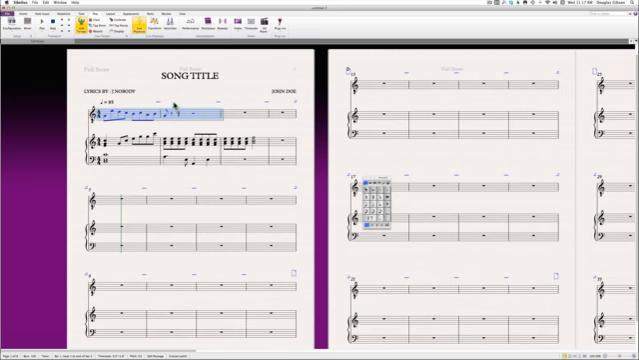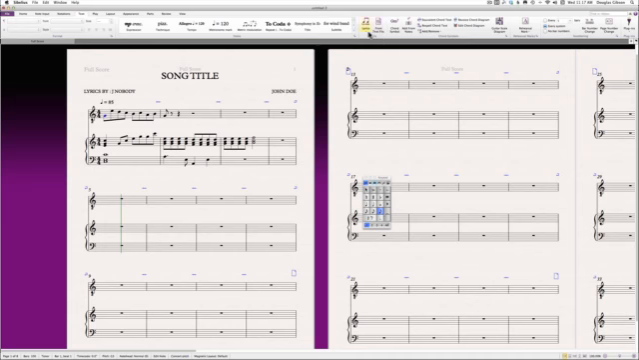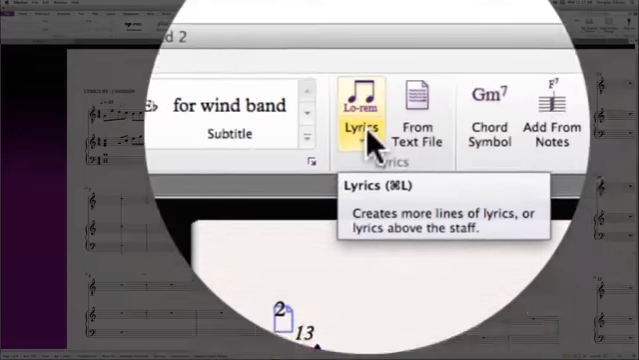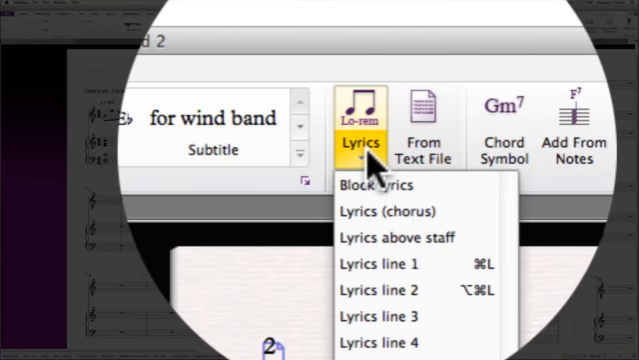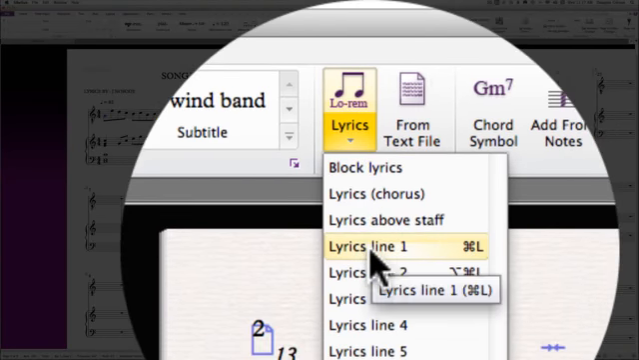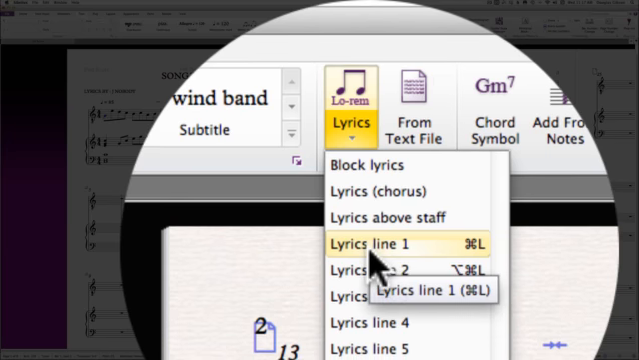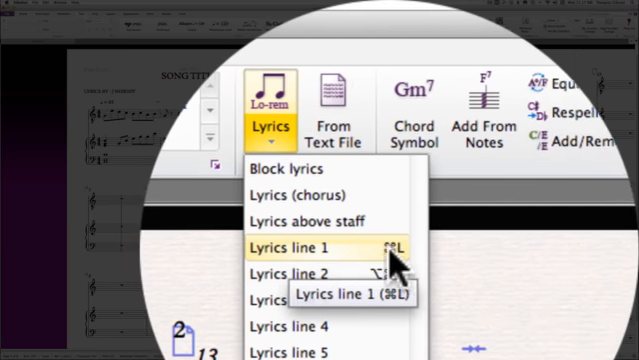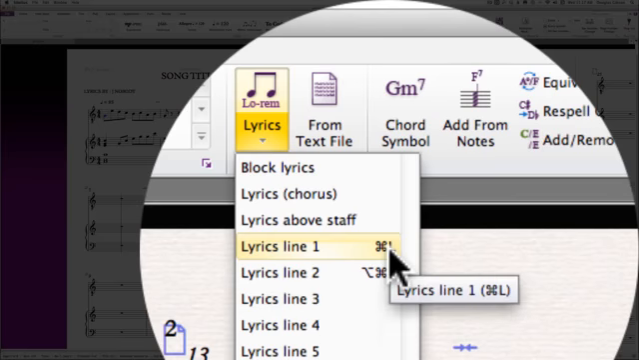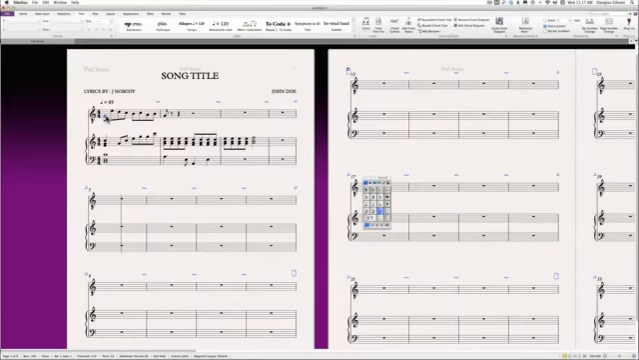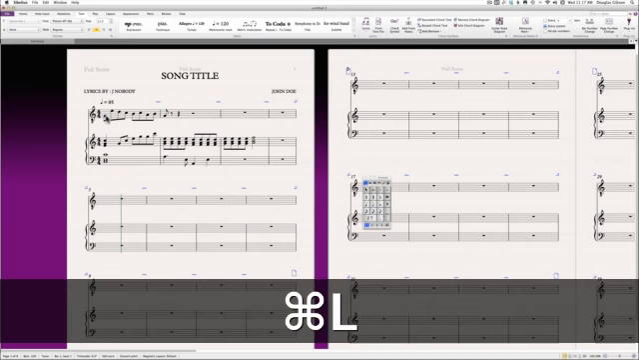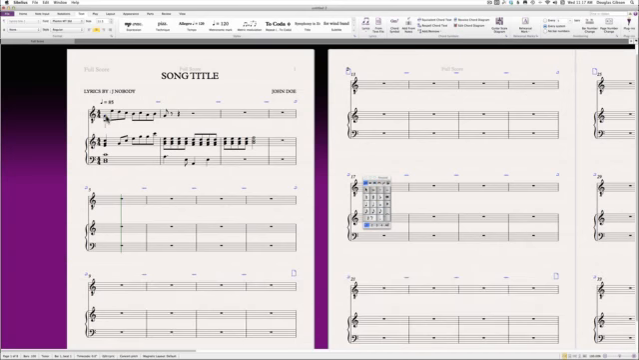So then in this case, let's go ahead and add in some text. And so if I click on a note, I can just go in under text, and right up here you'll see a symbol that says lyrics. You will click on lyrics and click on lyrics line 1. The thing that's also really a good idea to do is to memorize the keyboard shortcut. So in this case, it is Control L, and I'll see a flashing icon which will let me know that it's ready